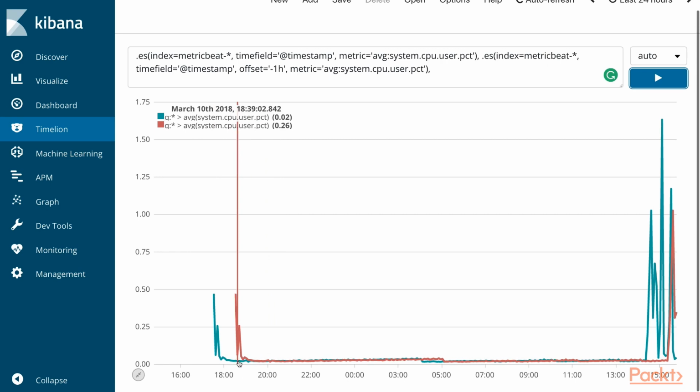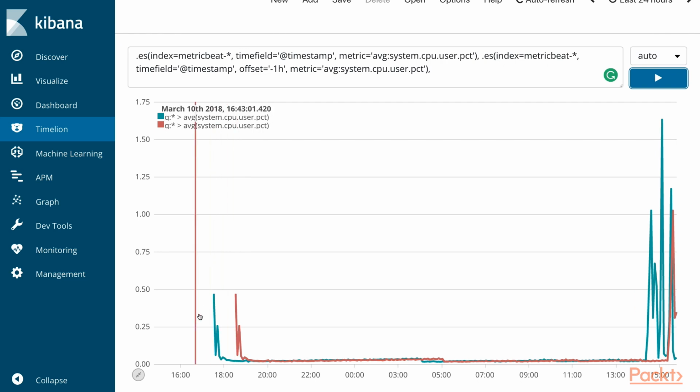More accurately, here you'll see the red looks like an hour ahead of the green. So green is real time, and red is the comparison from the hour before. At this moment in time, the average CPU utilization, the green, is 0.02. The red is 0.26, so that's why the red is above it. That's the hour before the green, which means the CPU at this moment in time is used significantly lower than